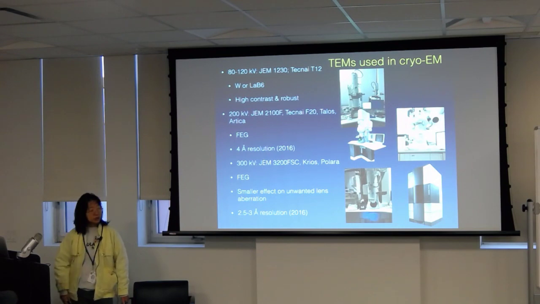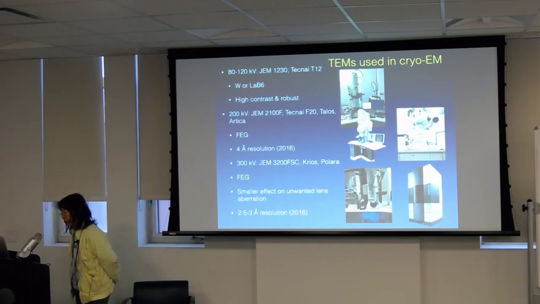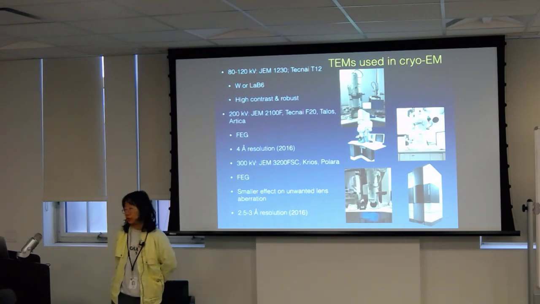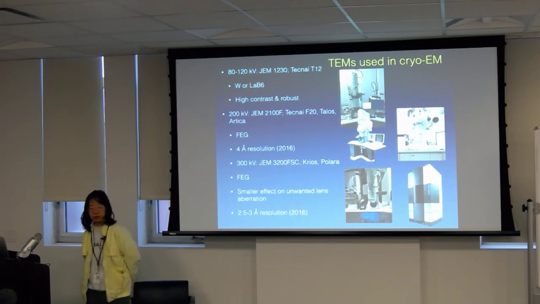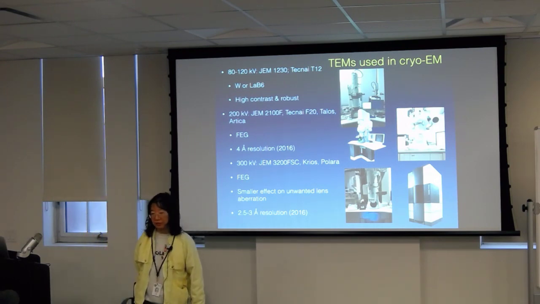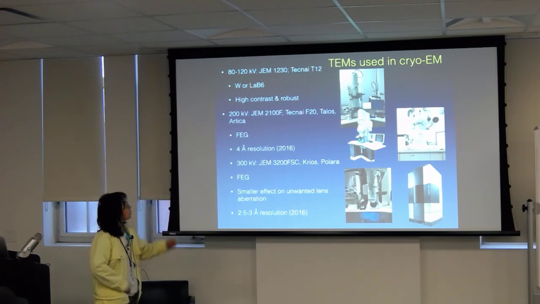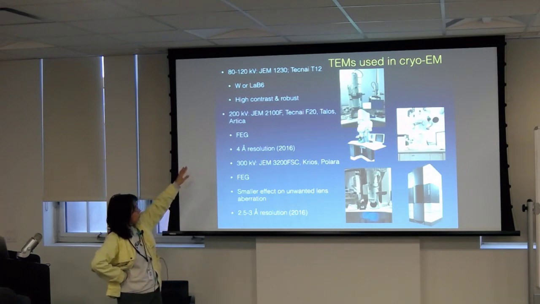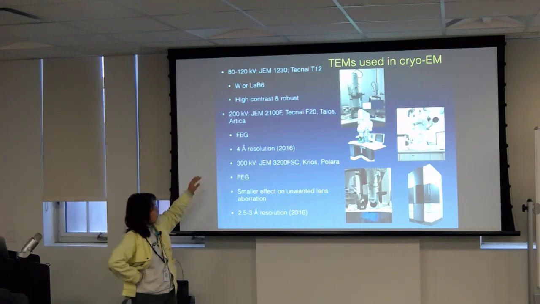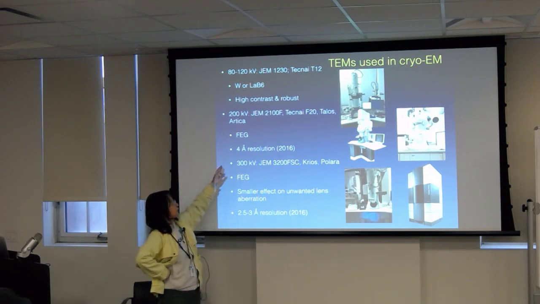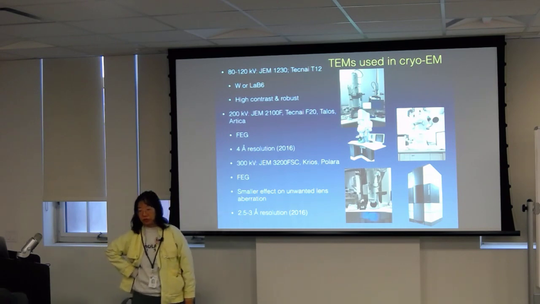The second one is the 200 kV ones, which we have the F20. You have a Glacios. You may have a JEOL 2100F. That F stands for FEG. Okay, so this category use FEG, the field emission gun. In 2016, when I last gave this lecture, the resolution that you can get from those is about 4 angstrom